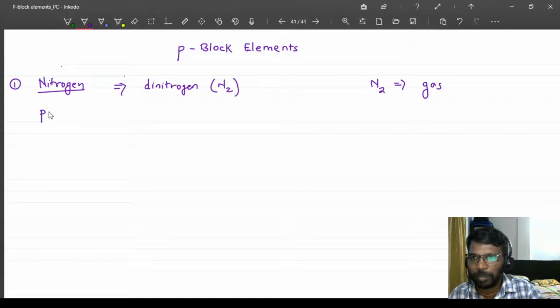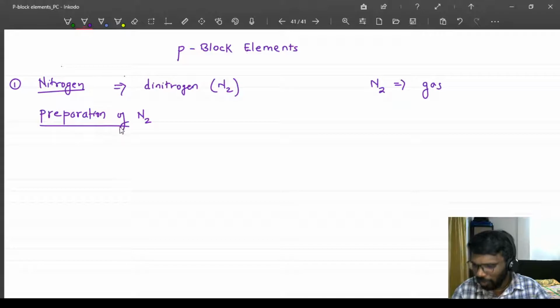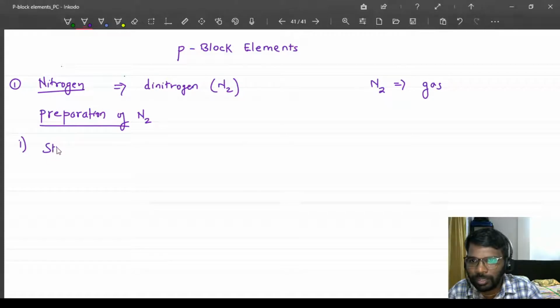So let's learn the preparation of N2. Here we are going to learn three methods of preparation of N2. I'll mark the first method as one. This first method is done in two steps. Step one is reacting